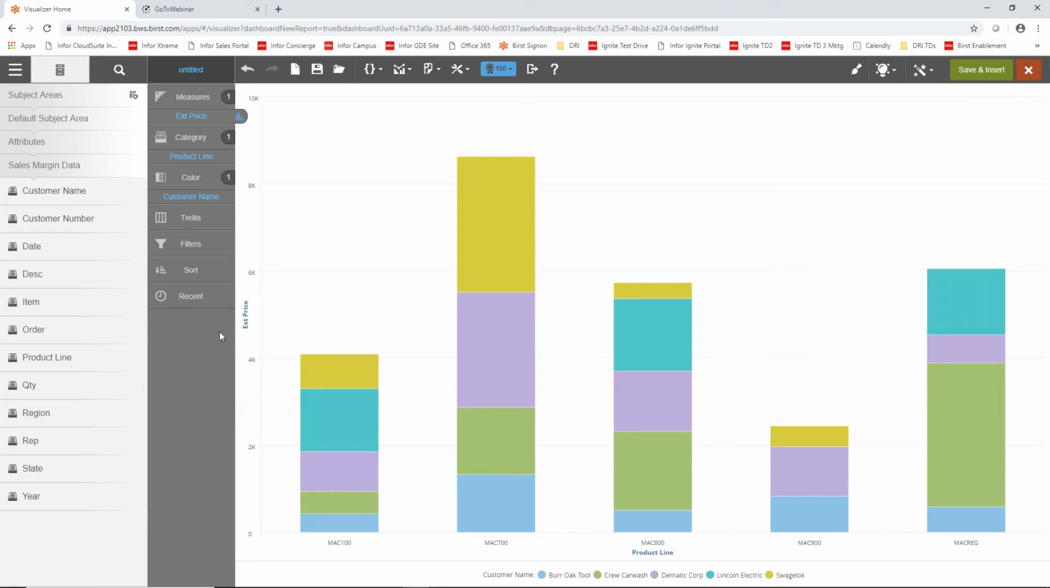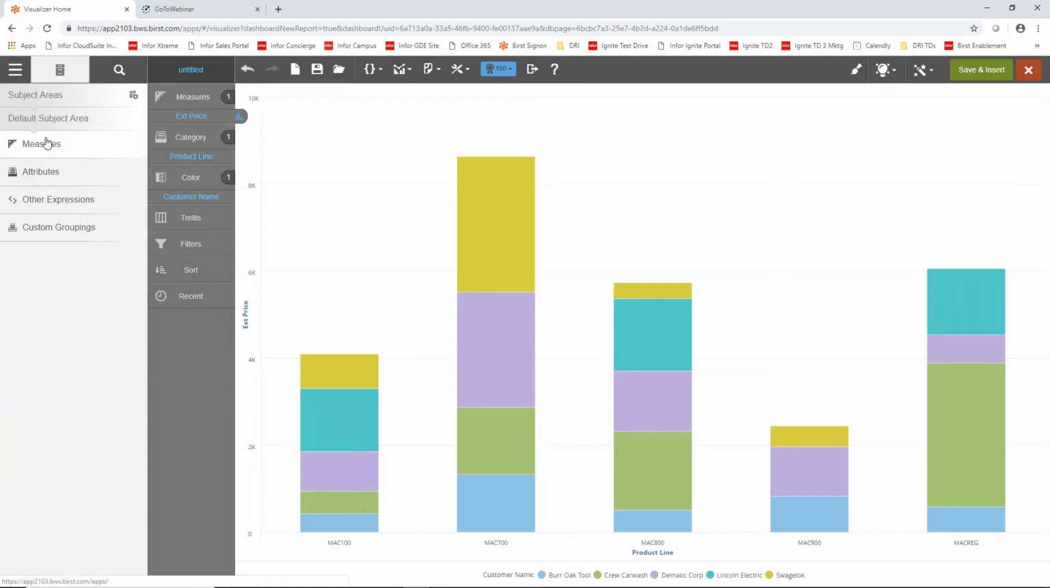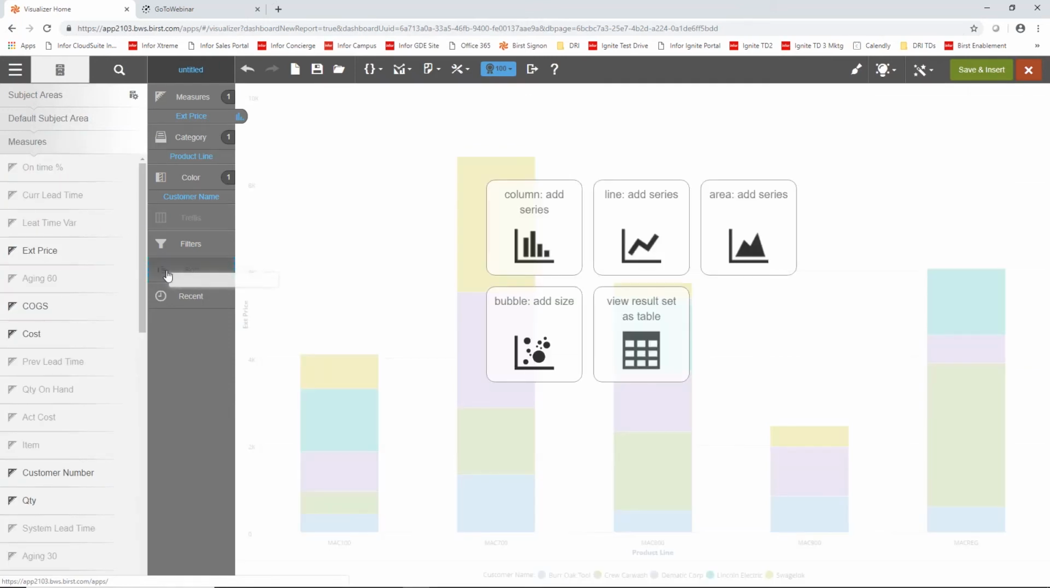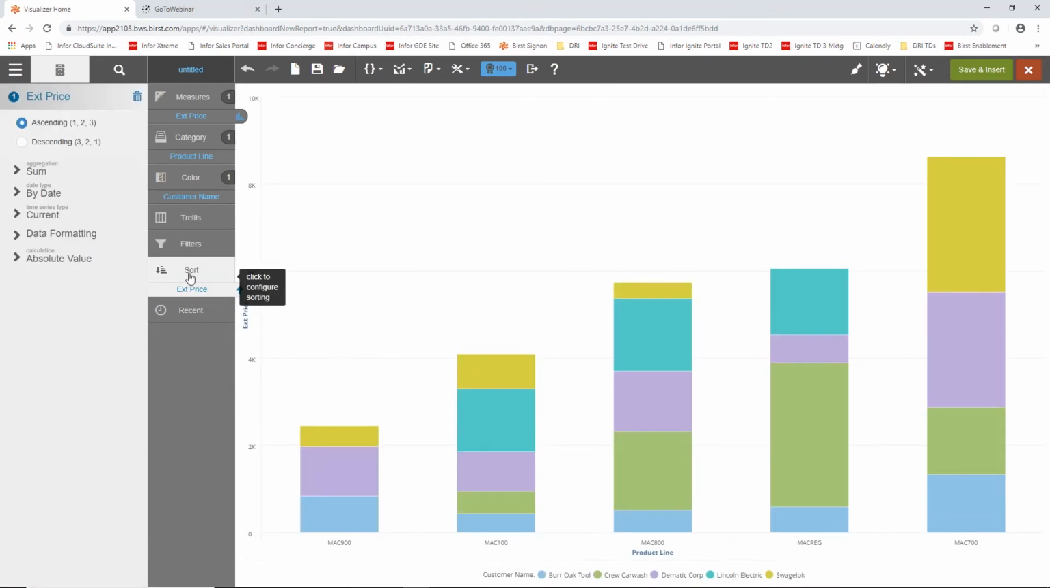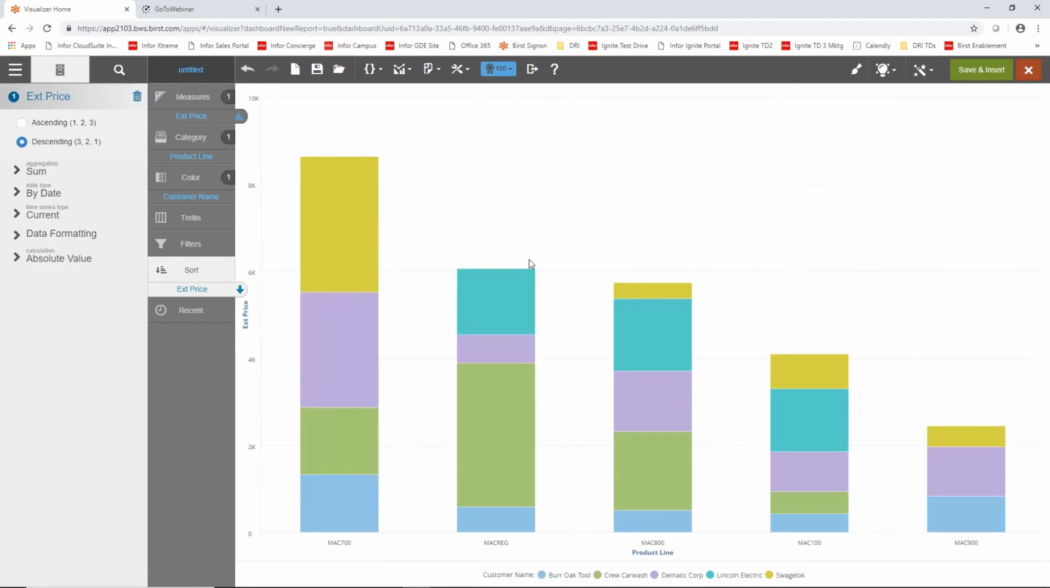Let's go change the sorting. Let's go by extended price, and we'll make it from high to low. So I'm going to choose extended price. I'm going to drop that in my sort bucket, and now you're seeing it's low to high, but I'm going to change it to descending, and we're going to go high to low. All right, so we've kind of got our chart,